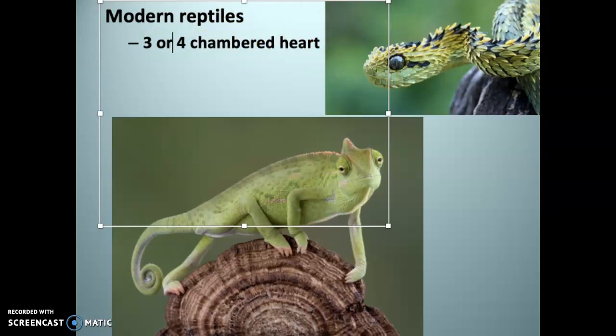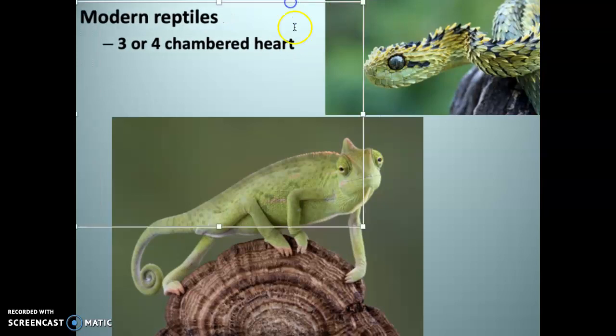have a four-chambered heart. So amphibians have a three-chambered heart, fish have a two-chambered heart. So notice the trend in the heart. As your heart changes, your circulatory system changes, your gas exchange efficiency changes, etc. Keep following that pattern. In general, modern reptiles are all ectothermic,